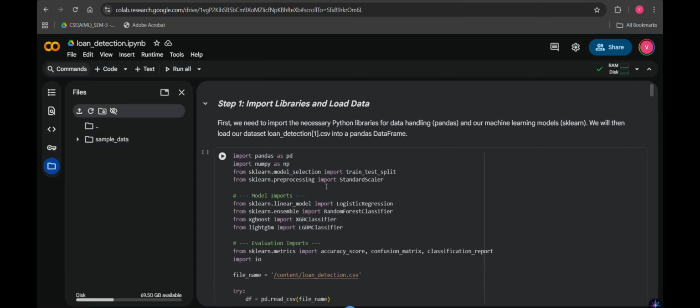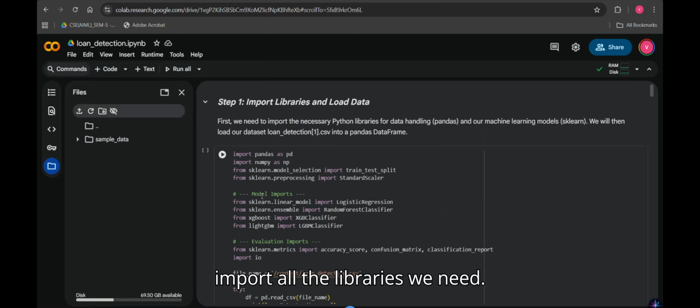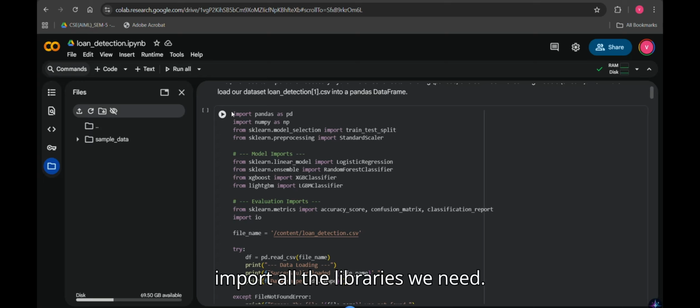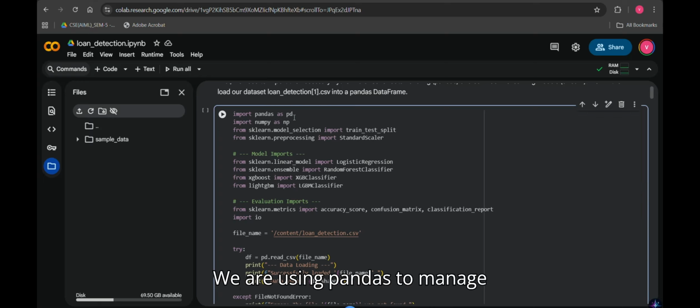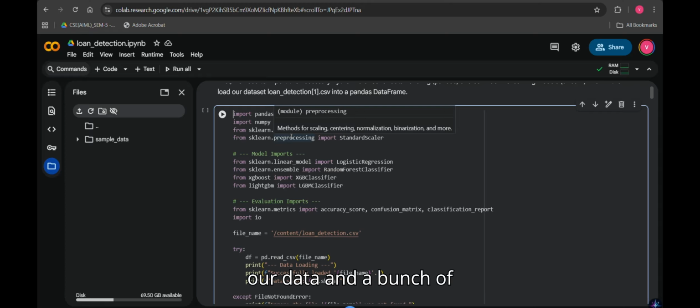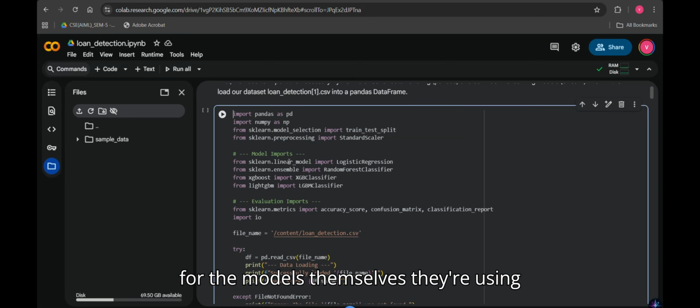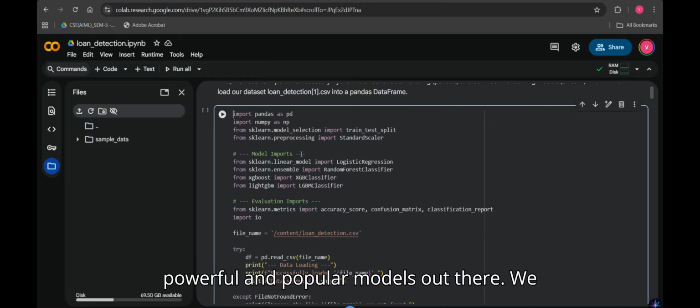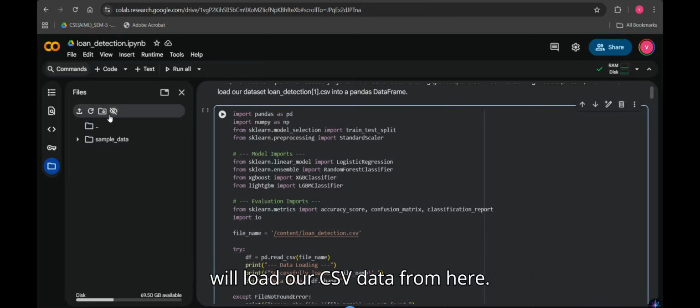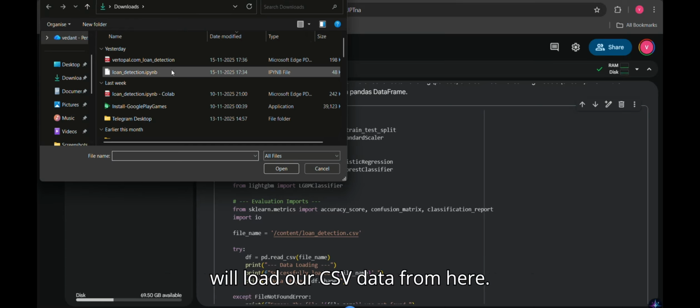Let's get started. This is the first step, to import all the libraries we'll need. We are using Pandas to manage our data and a bunch of tools from scikit-learn for splitting our data and scaling it. And for the models themselves, we're importing random forest, XGBoost and LightGBM. These are the most powerful and popular models out there. We'll load our CSV data from here,